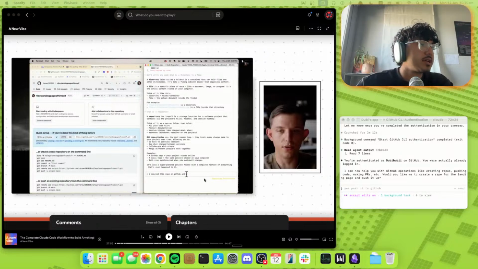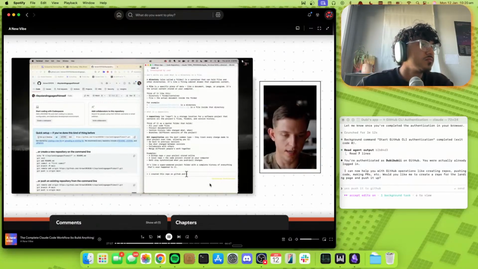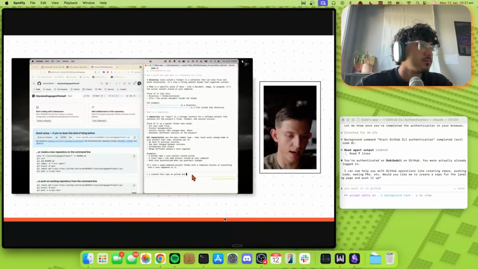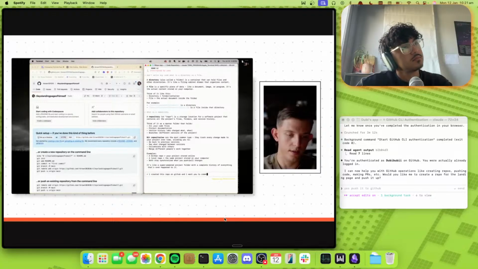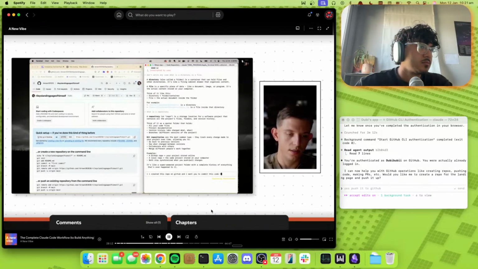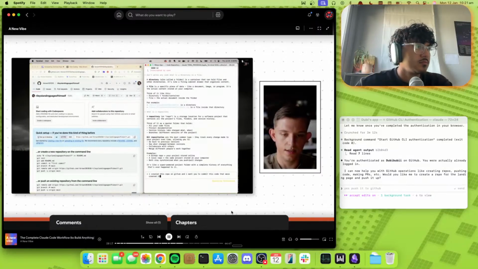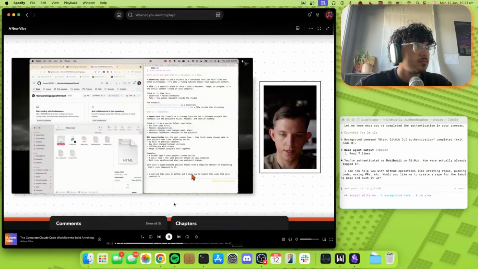Alright, so we got that. We're up to where he is. I created this repo on GitHub. Take you to the page. It's very easy to set up. I've just already done it. So now once you've actually connected them, all you have to do is say, I've created this GitHub repo, and I want you to push, or I want you to commit, this code that we've created in, and you can just say in Riley's app,